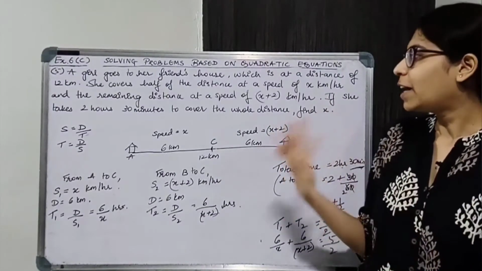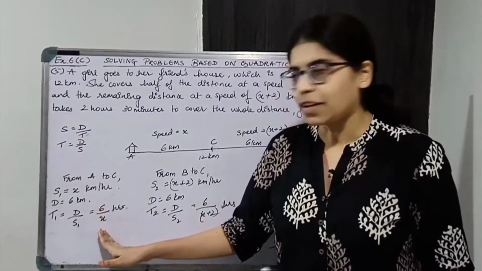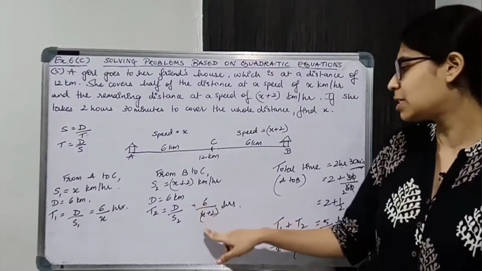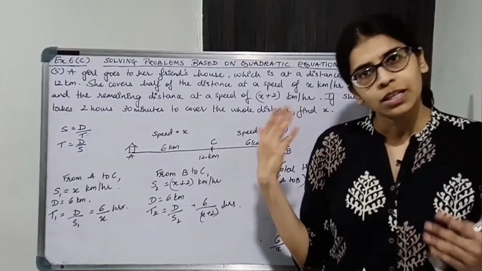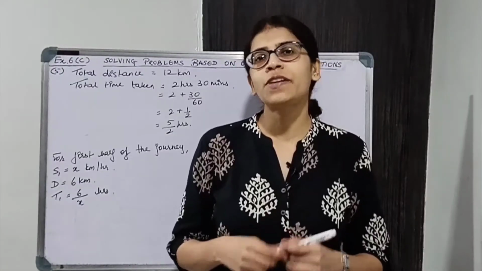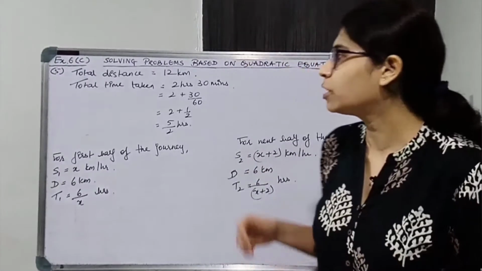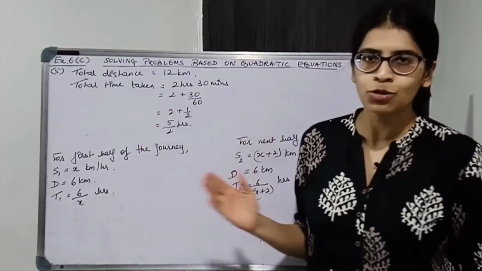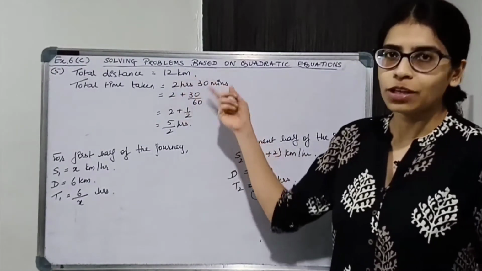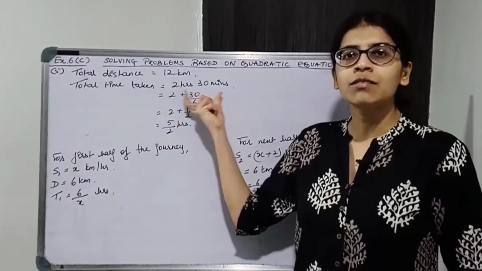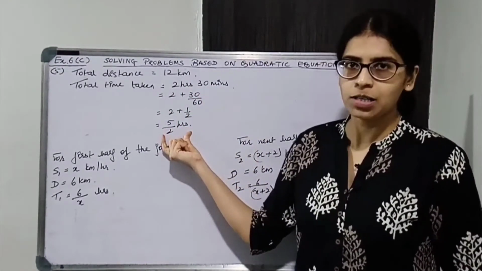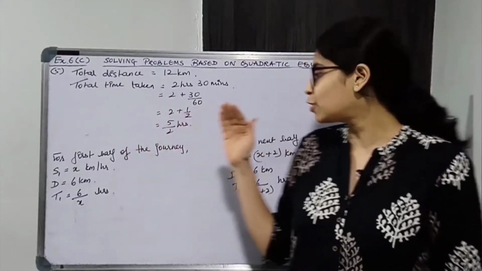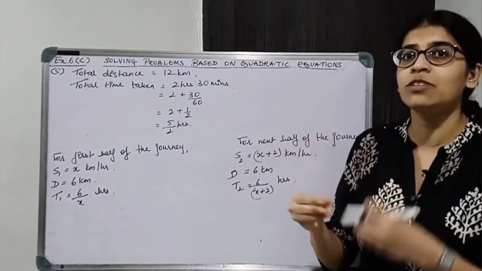Had they told you find the time taken also, then you can easily find out. Time taken for first half journey is 6/x, and for the second half is 6/(x + 2). So in case they ask you, it's easy to find that as well. So first we'll write down the given in proper manner. I have already written down the given information over here. We don't need to assume the speed to be something over here. Already it is given to us, okay? So total distance is 12 kilometer. Total time taken is 2 hours 30 minutes, which we converted to hours, okay? Now first half of the journey, what is the speed, distance and time, and for the next half what is the speed, distance and time, we'll just calculate that.